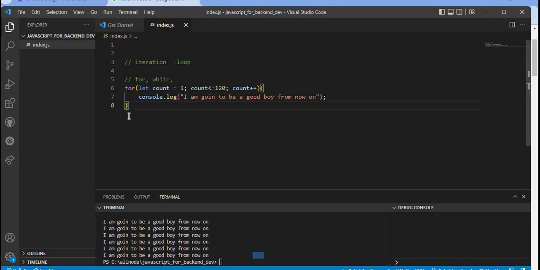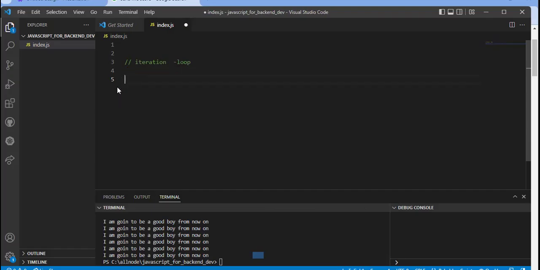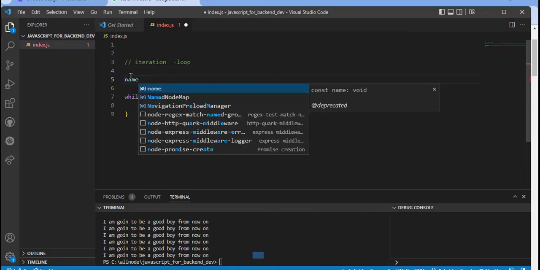So let's try something else quickly. We've talked about the for loop, right? Let's quickly talk about the while loop. The while loop is also very simple. The while loop just talks about a condition. You say "while" something is this, you should do this. For example, I'm just going to put a condition here: name, or age